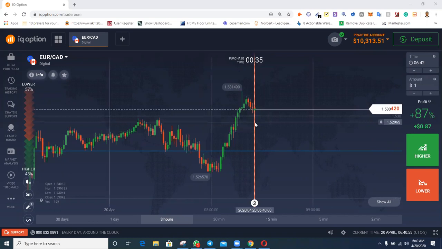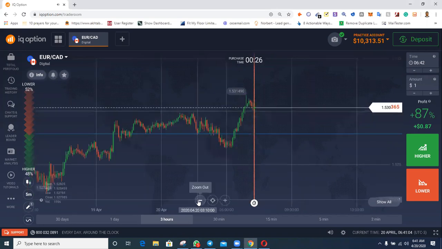Okay, let's quickly learn how to draw support and resistance. What is the function of support and resistance? To me, my understanding of support and resistance is to know the level that the market got to but could not pass, could not cross over. There are some levels that the market will test, but the market will not be able to cross over that level. That is where support and resistance comes in.